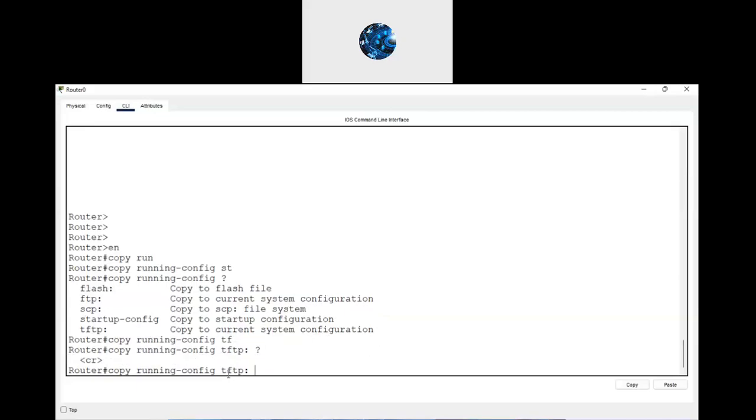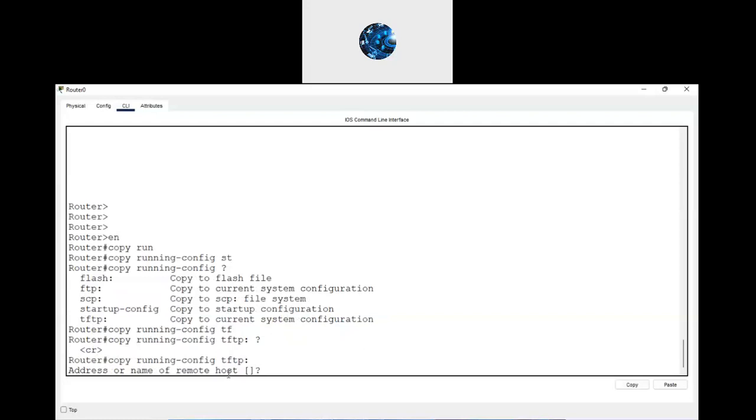This one is not showing me now. Okay, I understand. So now look at it. Copy running config, copy what is in the RAM and put it in the TFTP server. Now, see the first thing it's asking me for is the address or name of the remote host. So what is the address of my TFTP server? That machine that is,